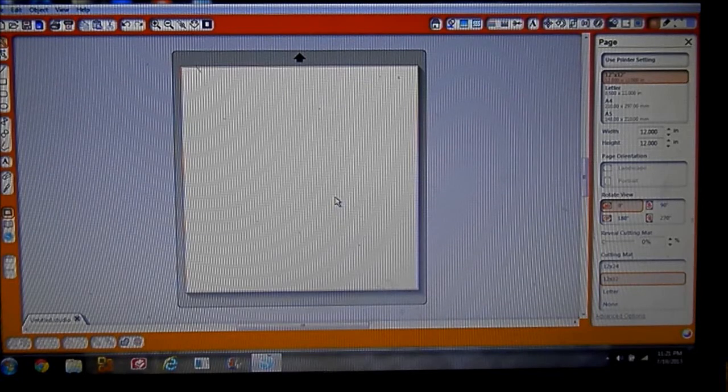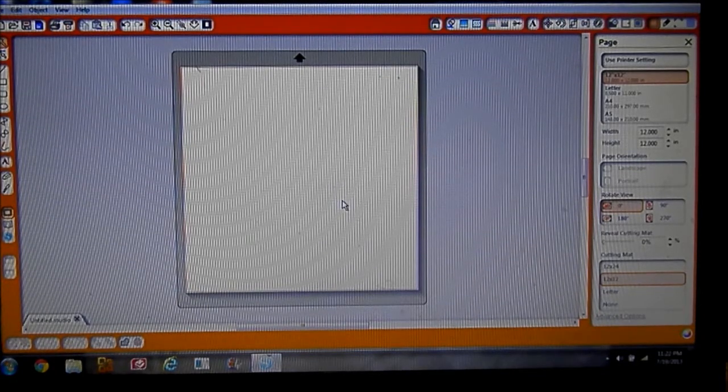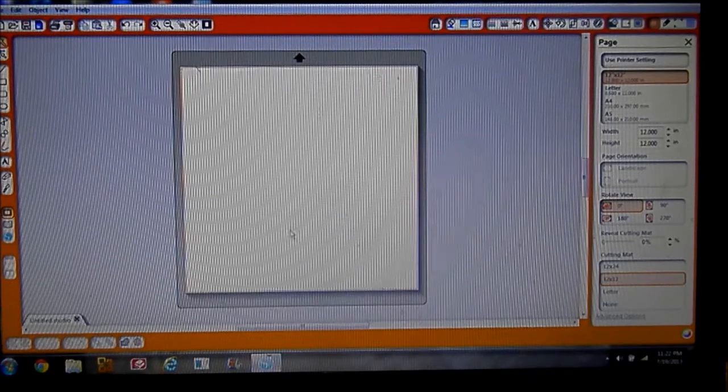Okay, before I start, I want to tell you guys that I am not a professional, and this is the way that I do things, and this is how I've figured it out. So it's probably a simpler way to do this, but I am going to share with you how I created the